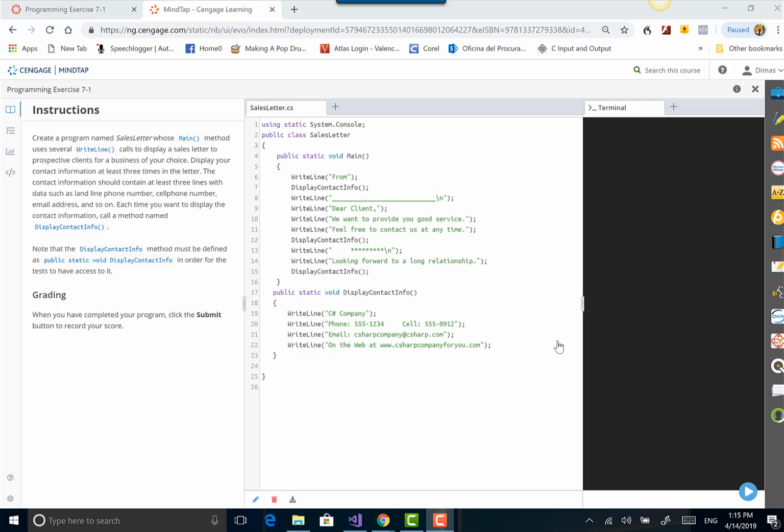Okay, this is the explanation of programming exercise 7-1 Sales Letter, MindTap C#. This is the statement. Basically, in chapter 7, we are dealing with methods and how to use different methods and different